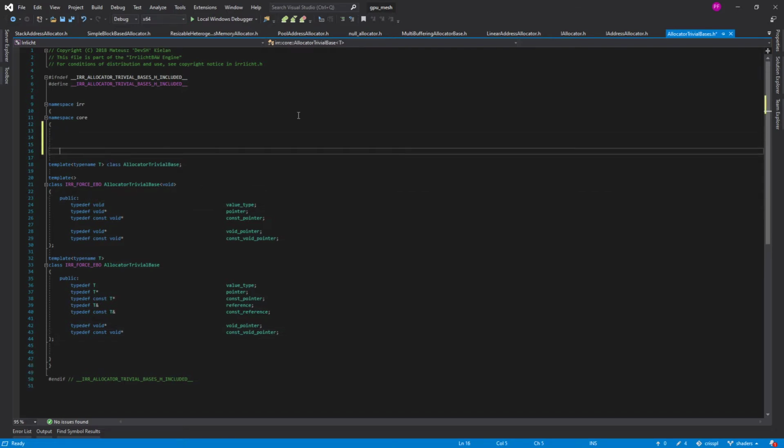So the main problem is that if you've got an STL allocator and some type, let's say float, and if you have any kind of class that uses it, like for example a vector like this, a vector of float that's allocating from the STL allocator, the problem is that